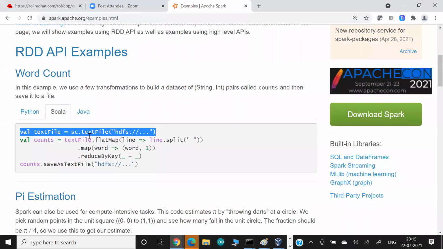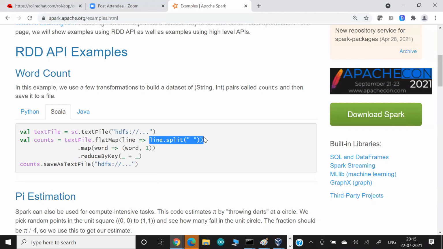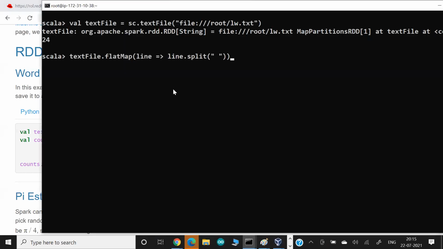For this, there's a line split function we have. Let me use this particular function directly over here, and store it in a variable called, let's say, mysplit. We provide this file to the flatMap function.